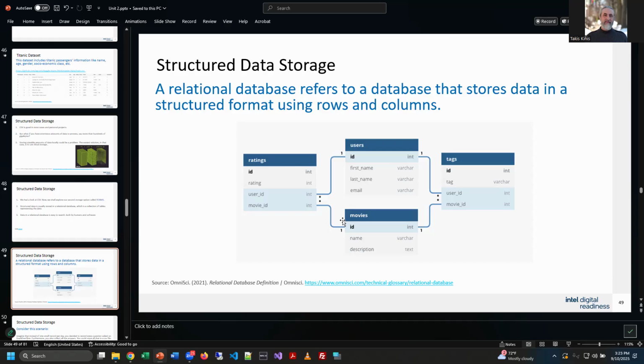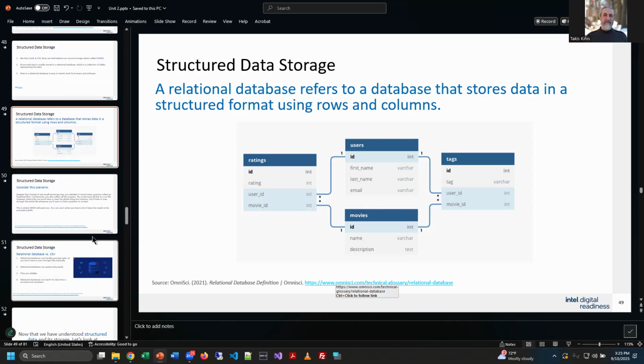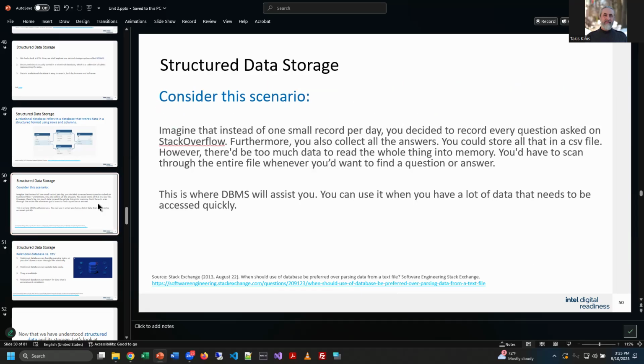So you guys should remember this from your database class. My goal is not to teach a database this year, but just kind of like a refresher, right? So a database can contain a lot of different tabular data tables, and those are typically linked together, right? And those links are called relationships. Therefore, we call them relational databases, right? Relational databases are really important.